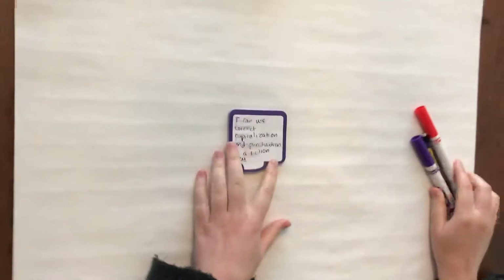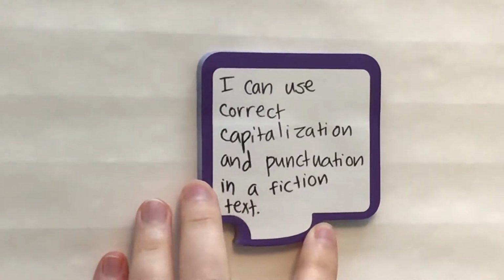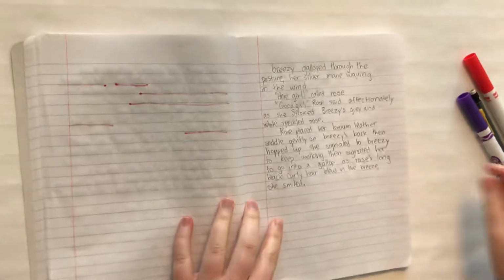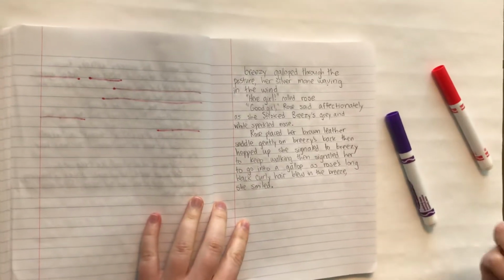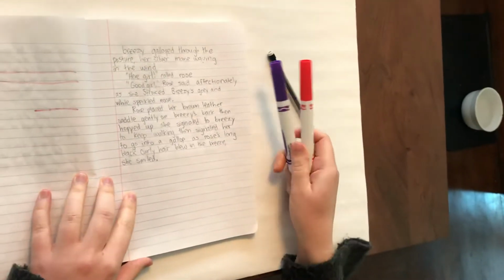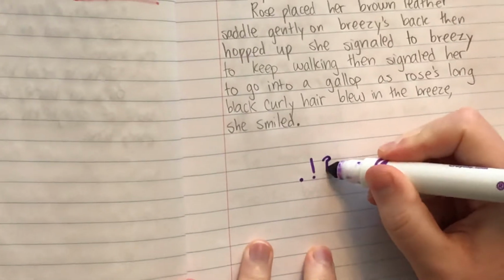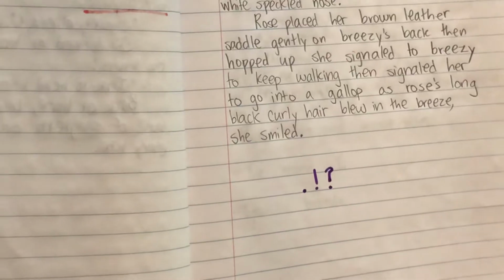Okay, students, today you're going to practice using correct capitalization and punctuation in a fiction text. For this lesson, you're going to need to take out your writing, and you will need a pencil with an eraser and a purple and red crayon or marker. So the first thing I'm going to do is look for periods, exclamation points, question marks, and circle these with